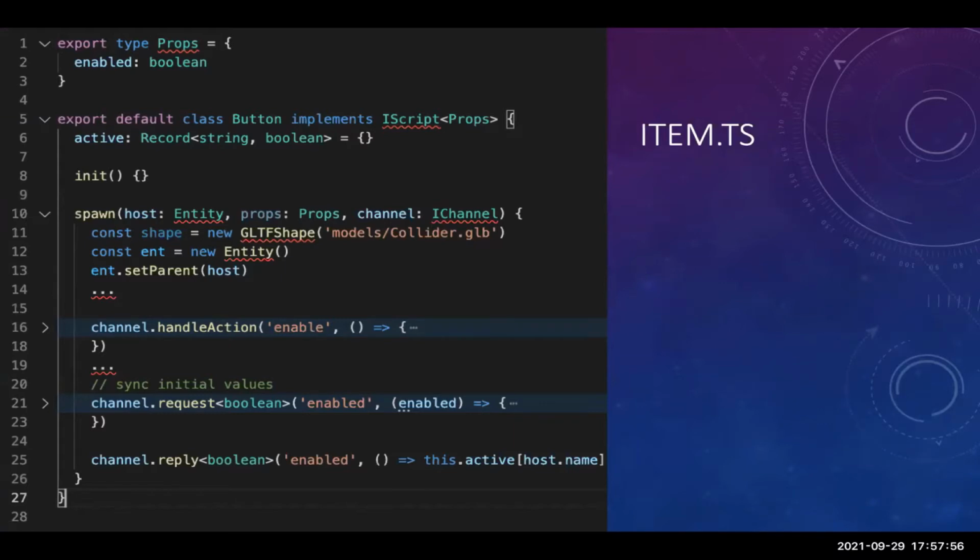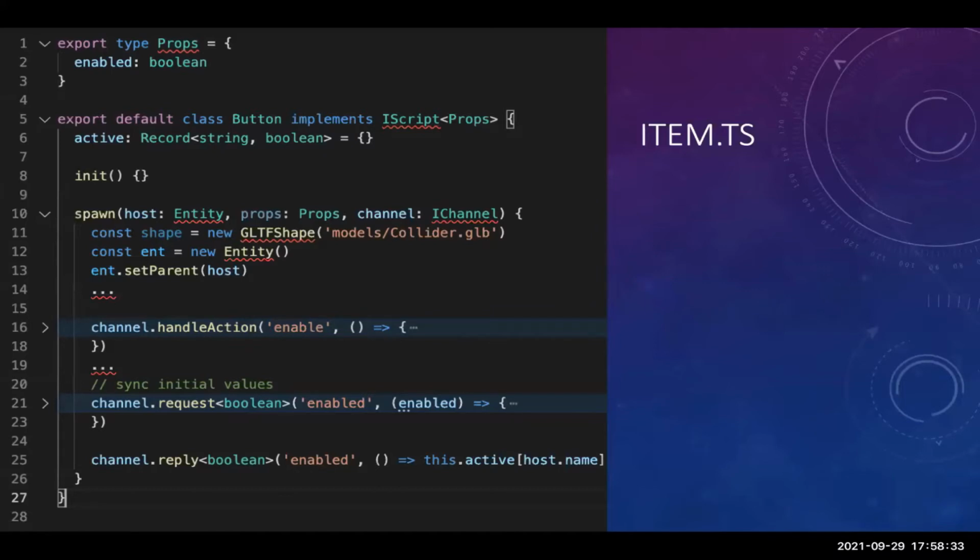Next are the core pieces that make up item.ts, which is the name you have to use for it to hook in. But in short, you have to implement an interface called IScript. You must define an init, which is called one time. You must implement a spawn, which is more or less creating your smart item each time. So if you drag that smart item onto the screen two or more times, it'll call that as many times as you have. And then it makes use of the message bus,